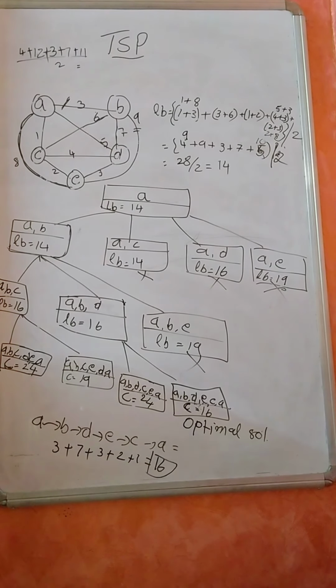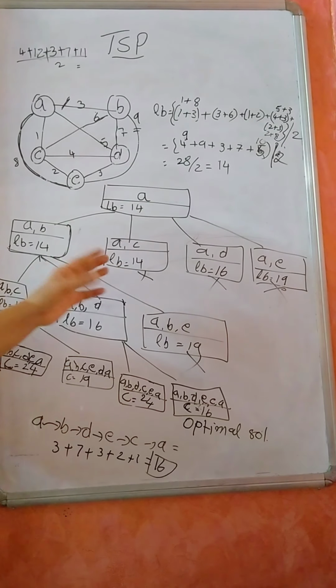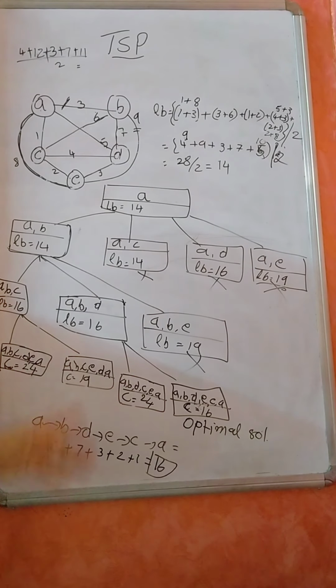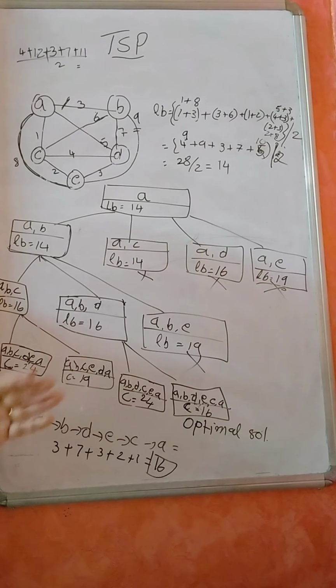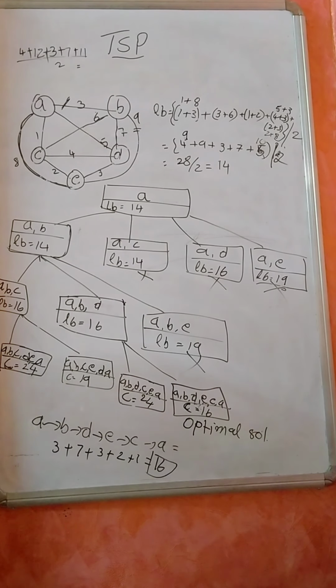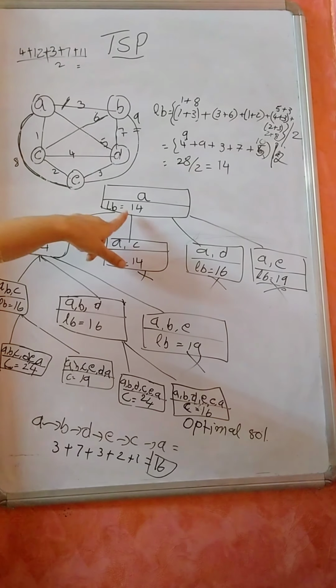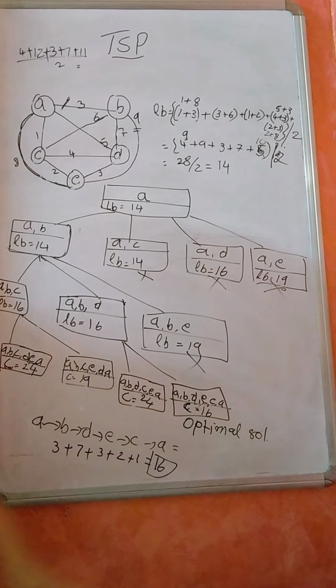So this is how you find it. No need of expanding this branch also. Since they are equal, you can expand one of the branches. Here you expand, because when I go to the different levels, you may get a different tour cost. That is the reason. Or you expand this also, and check how much cost you are getting. It will not be less than 16. So what is the lower bound you got here? 14. Is your final answer less than this lower bound? No, it is 16, which is not less than 14.